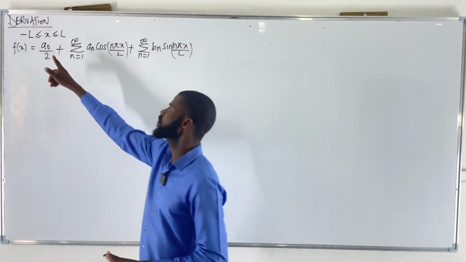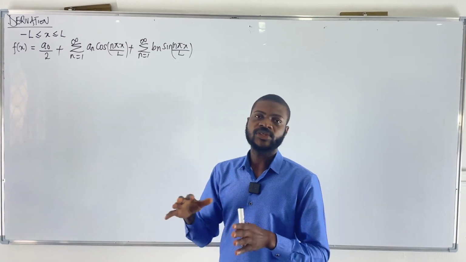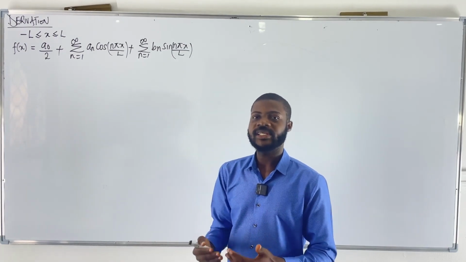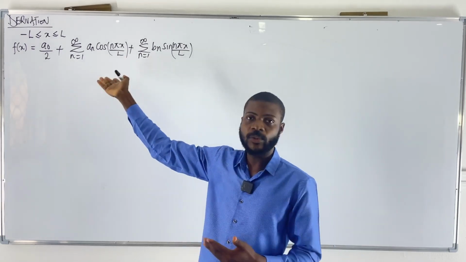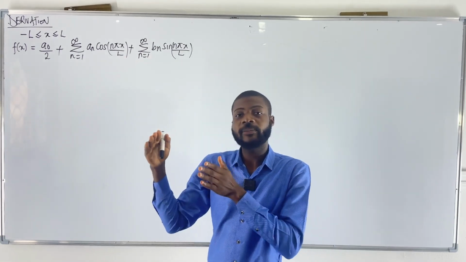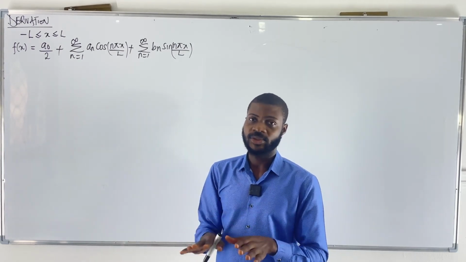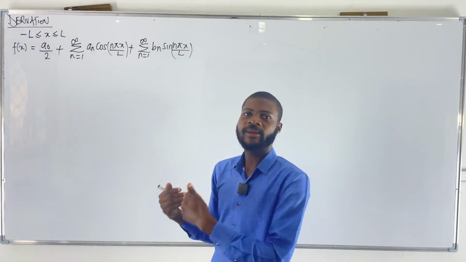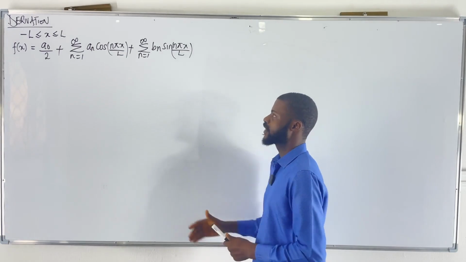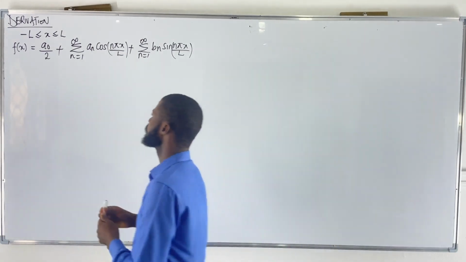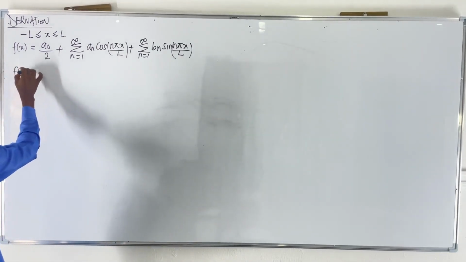However, when the period is 2L, it is much more general, because 2 pi can only solve equations involving periodic functions with period 2 pi. When a function is no longer periodic with 2 pi, you cannot use the ones that I'm about to derive. But I'm still going to give you the formula that you're going to use for functions whose period is not 2 pi. So let me rewrite this. When the period is 2 pi, f of x